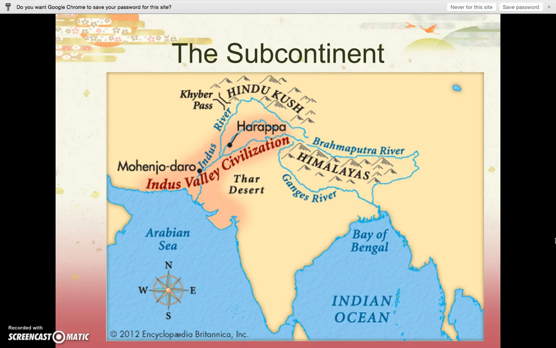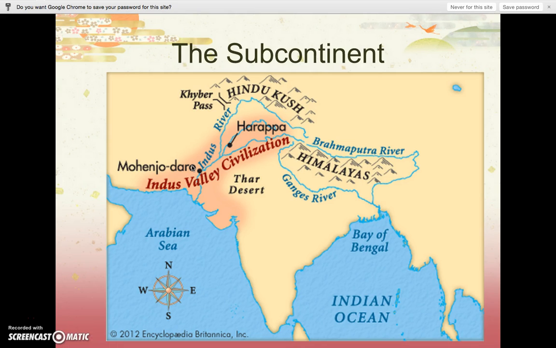We are familiar with the geography as we discussed it in class, but it's always good to have a visual. So obviously we know that the Indian subcontinent lies south of the Himalayas, and we see that the Indus River is where these societies originated, but the Ganges River is also just south of the Himalayan mountain range here, and as you see, dumps out into the Bay of Bengal. Very, very populous region still now.